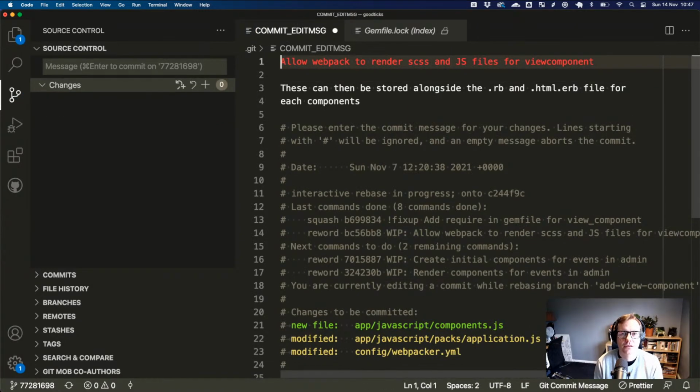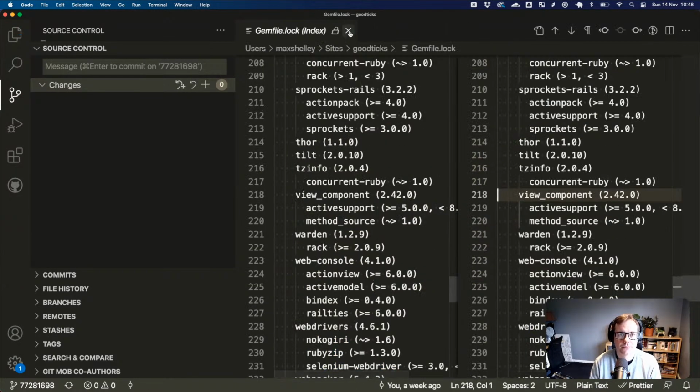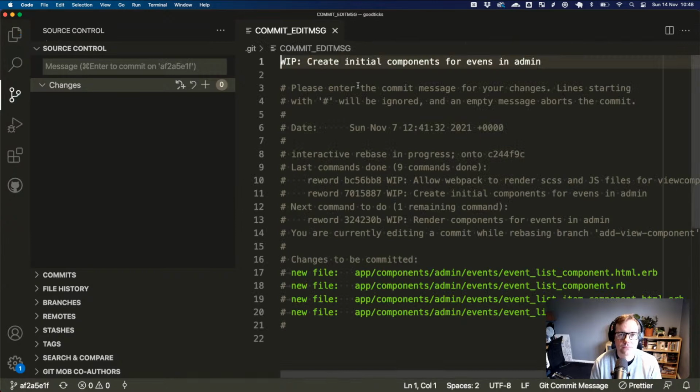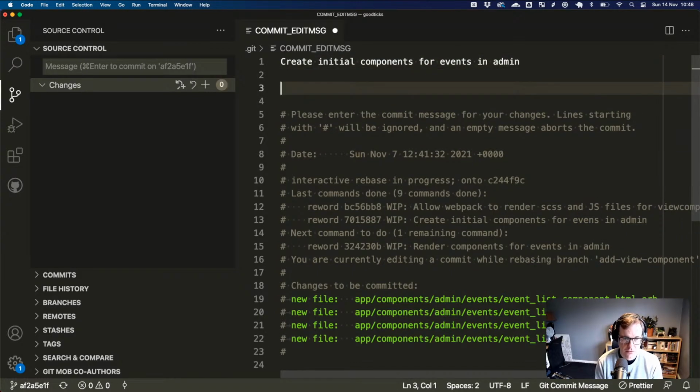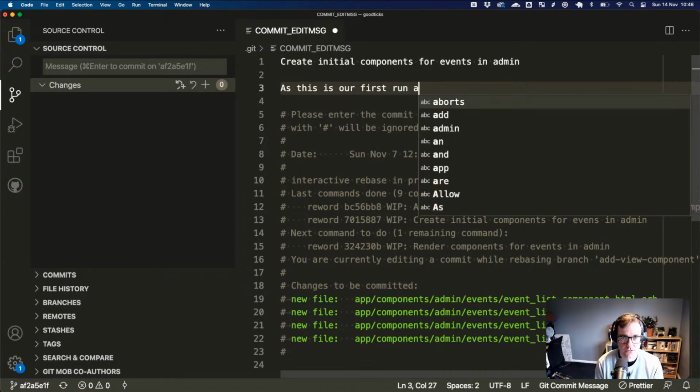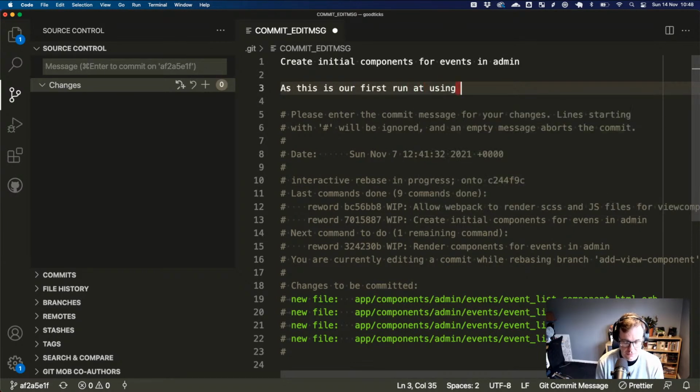Allow Webpack to render. Oh, okay, yep. I don't remember what that's doing. Create initial components for events in admin. As this is our first run at using this, a basic prototype.